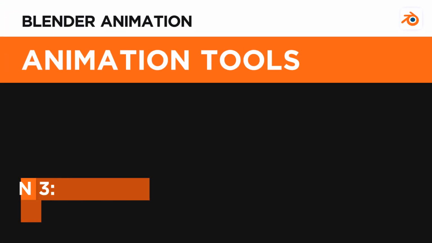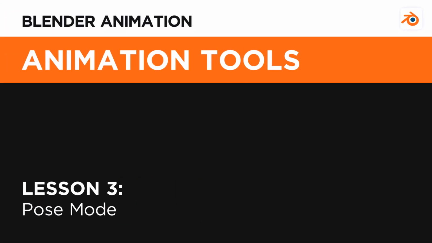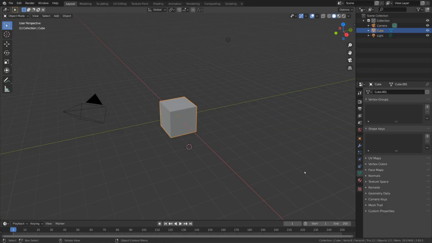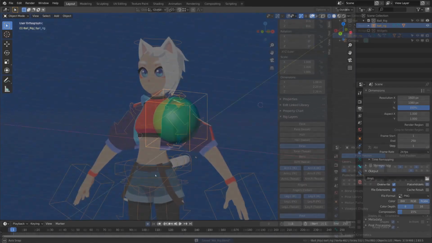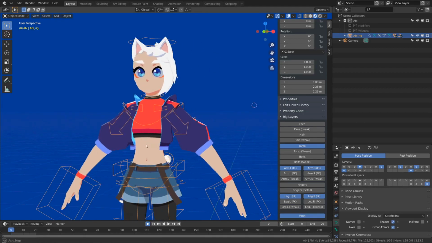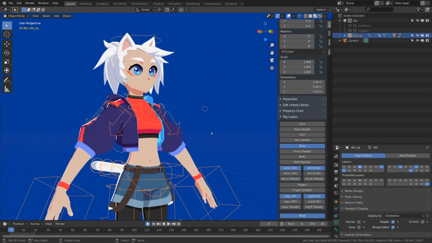Pose mode is the mode we'll have to familiarize ourselves with in order to start animating complex character rigs. If you take a look at the character rigs that have been provided in this course, you'll notice that they have what are called armature objects surrounding them. These armatures are also known as rigs and can be used to deform the character mesh using bones so that